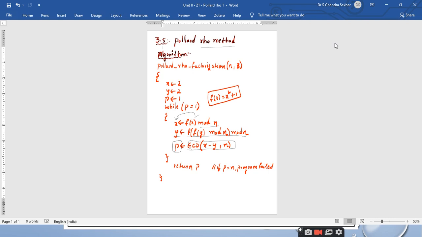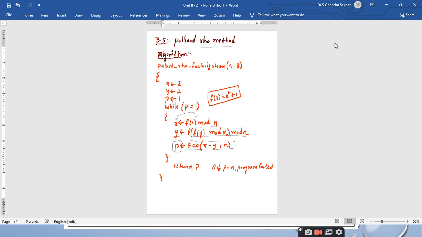Why has Pollard moved to the RHO method? He had proposed the p minus 1 method in 1974 itself. The reason why he moved to the RHO method is he wanted to improve his algorithm. He wanted to make an efficient algorithm which has less time complexity than the Pollard p minus 1 method.